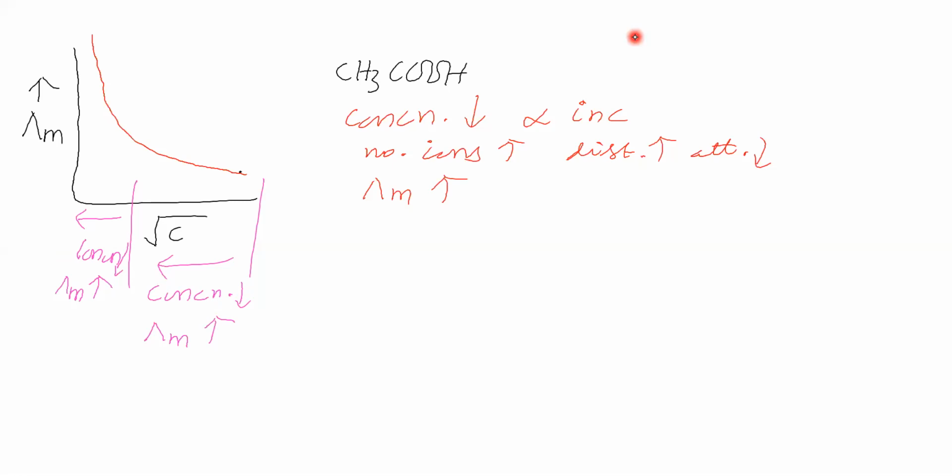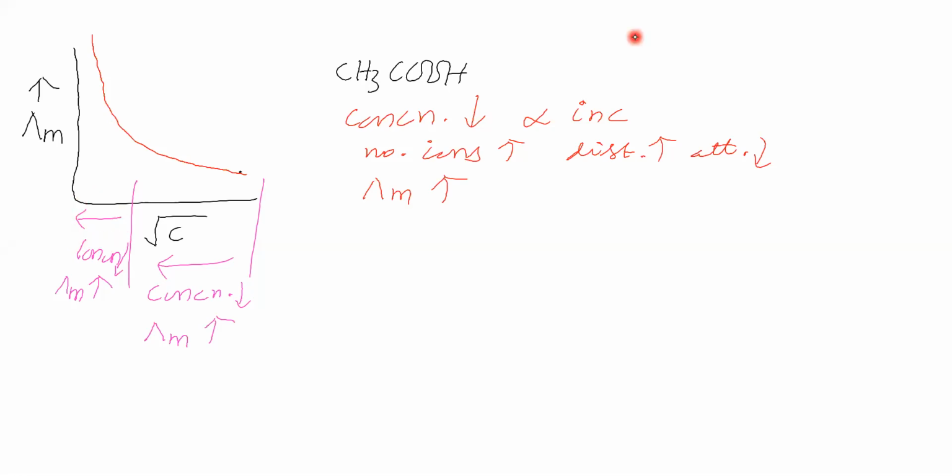Now, when the concentration approaches zero, shall we say alpha is 1? That means complete dissociation, shall we say from this experiment? Shall we say complete dissociation, though the electrolyte is a weak electrolyte? Because you see lambda m here increases, but here it increases sharply like this. That means at this place the increase of lambda m is more.